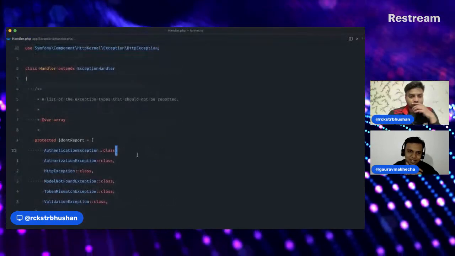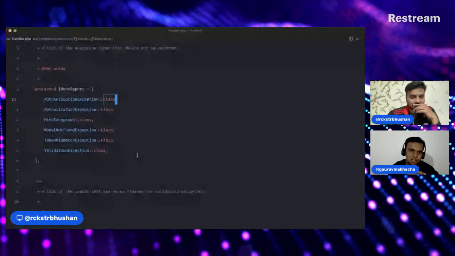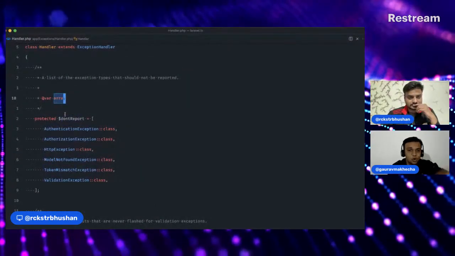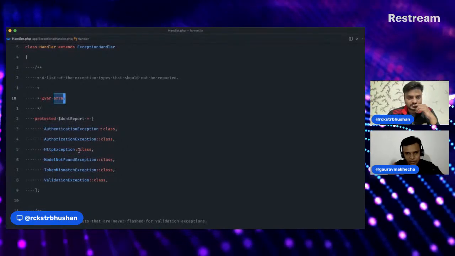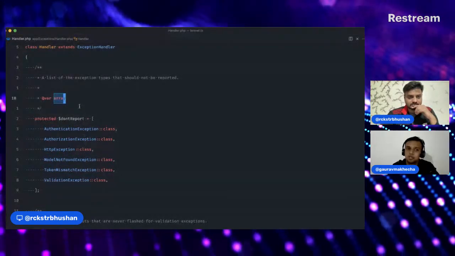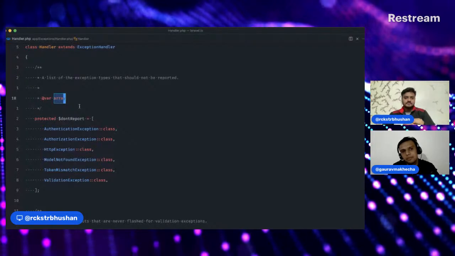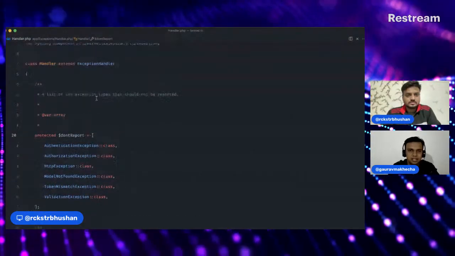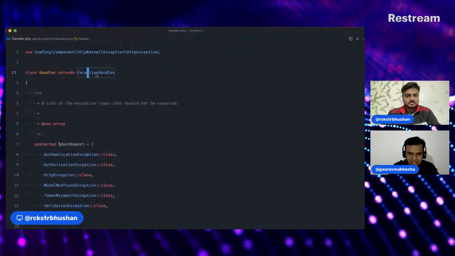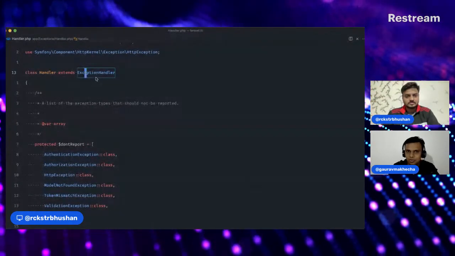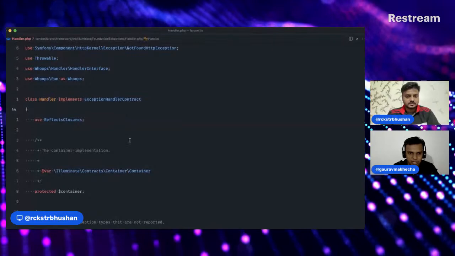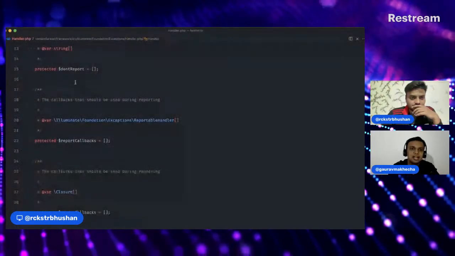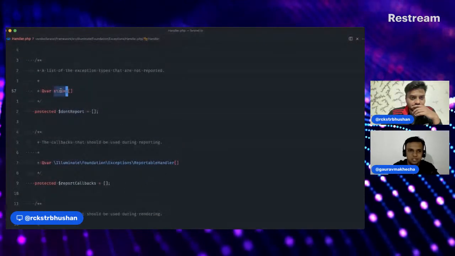Now, the doc block of don't report says that it's an array. It's not specific what goes inside an array. When we look at it, we know that it's an array of strings. But now you go to the exception handler framework class. If you scroll down to don't report, it actually says that this is of type array of type string.